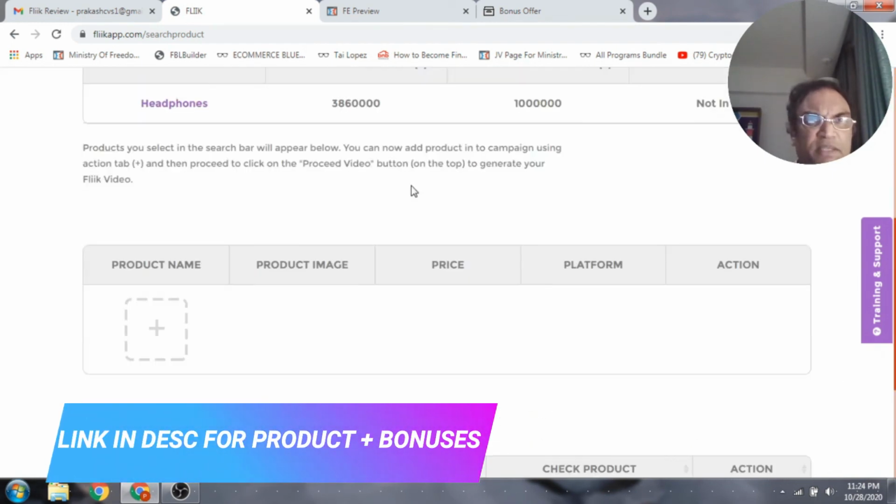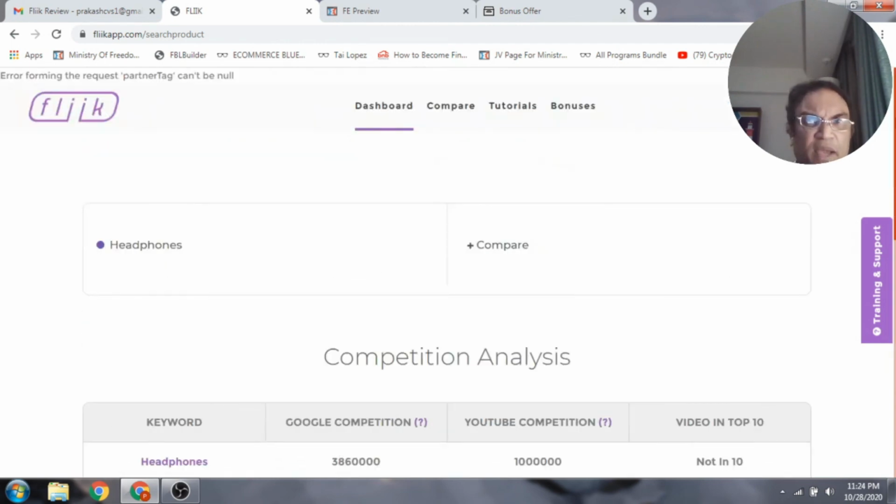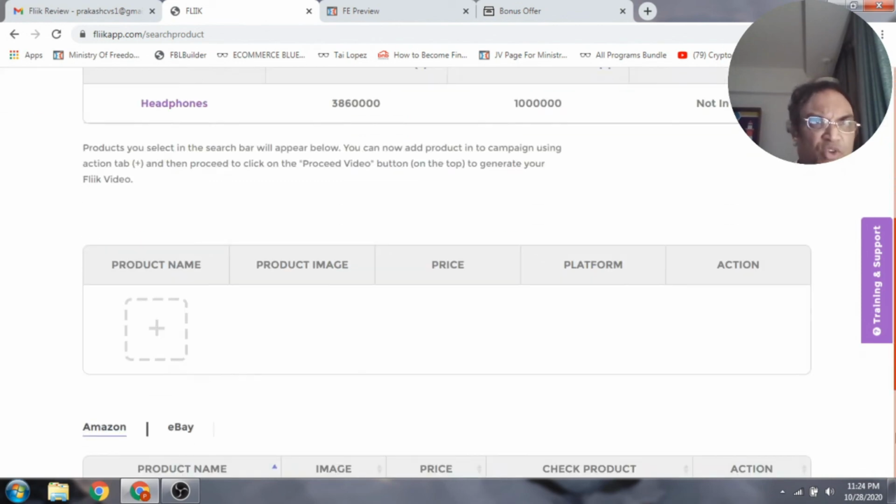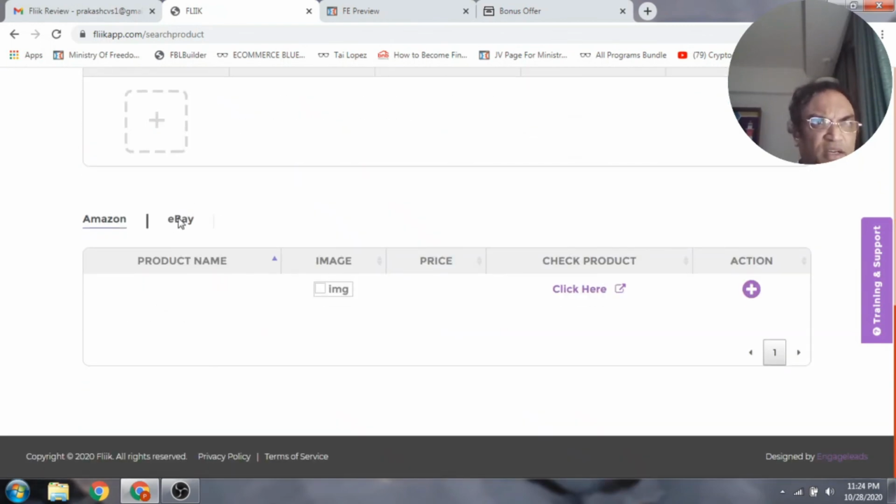What happens is, basically, I have not entered my API keys of Amazon and eBay. So here it's not going to show me the whole thing of product name, but when I press this, I have to add this particular thing from the drop down menu. And similarly here I'm going to add, and it's going to give me a comparison of the two.